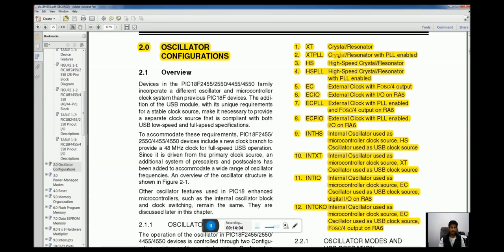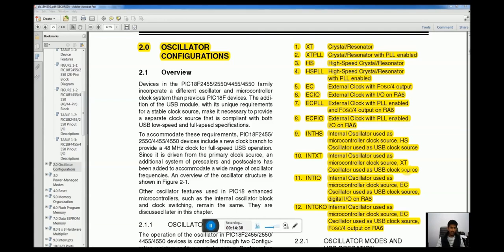So for instance, if we have a 1 MHz external oscillator that is connected to the 2 pins of the microcontroller, we can pass that signal of the external oscillator through PLL and multiply it by 2 to make it a 2 MHz oscillator and use it as our main clock source.